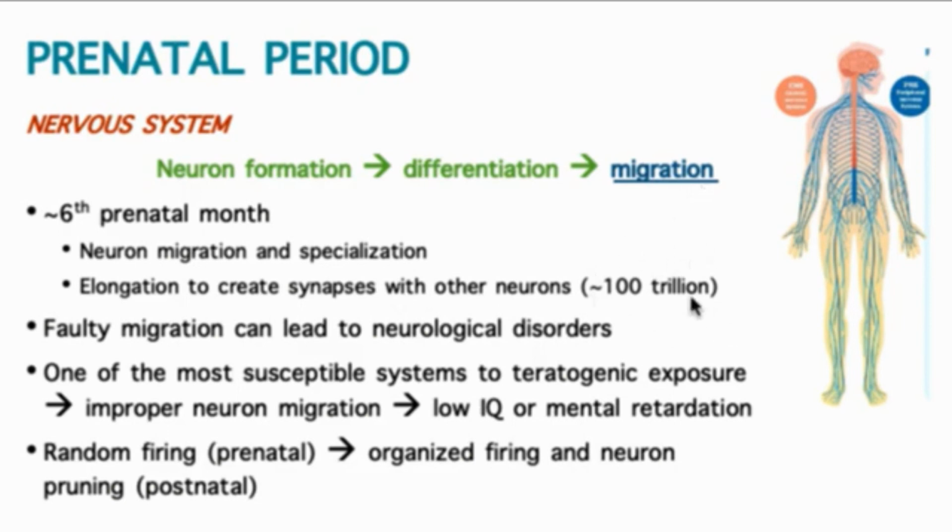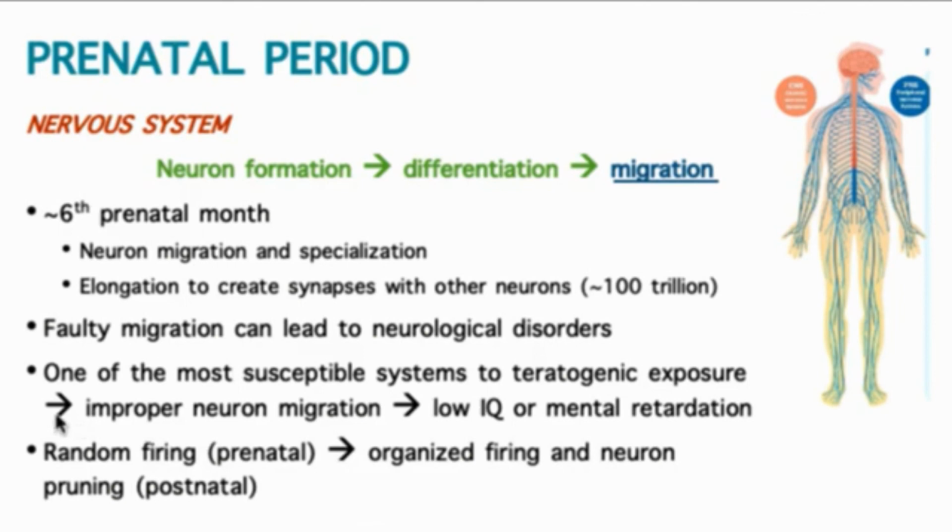Which is why we have this concept of redundancy in the nervous system as we're building it, and why we have so many neurons is so that we create the best connections possible for the rest of our life. Right? But like I said, if we have that faulty migration, we get different types of neural disorders. Some examples that the book gives are epilepsy, autism, dyslexia.